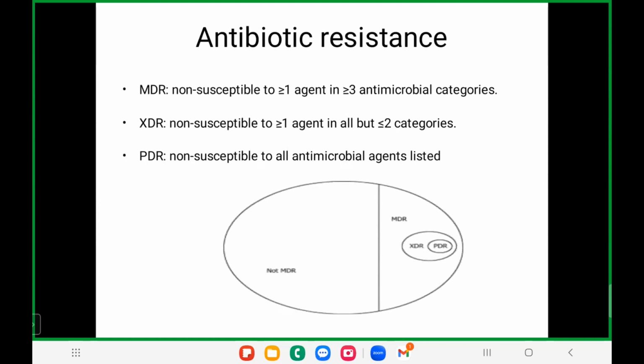So this is what we are seeing. In this oval shape, you can see the majority of the bugs are still sensitive to antibiotics, and about one third is MDR. Of that, only about 10% is XDR. Of that, 1 to 2% is PDR. This scenario might change. Your XDR can increase, your drug resistance can increase, and it can become 50% in the future. So all we have to do is maintain antibiotic stewardship so that we can decrease the chance of new resistance.